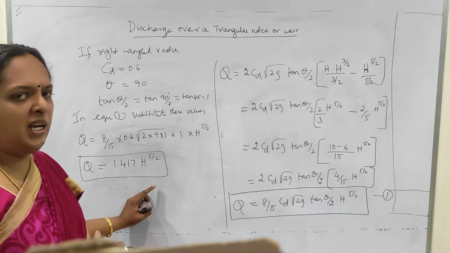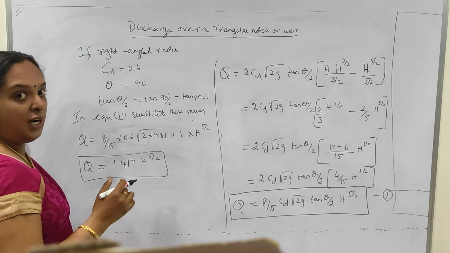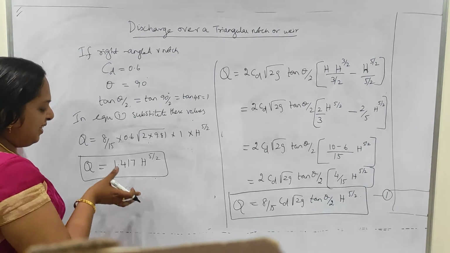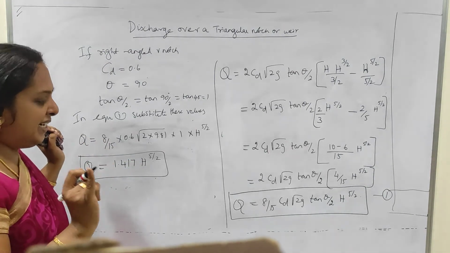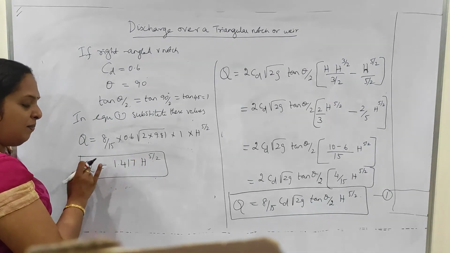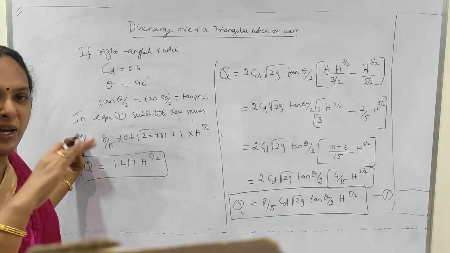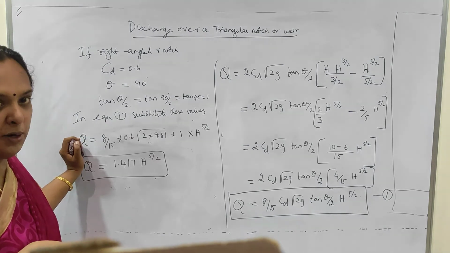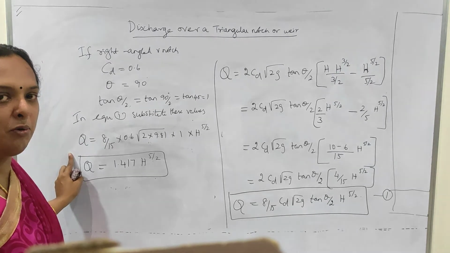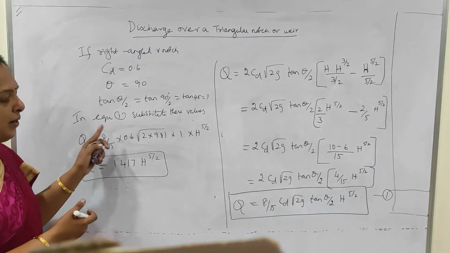So what is the difference between the triangular notch and rectangular notch, or what is the superiority of the triangular notch? Why do we have to go with the triangular notch? When you see this equation, you will be able to say first, this equation is very simple. And second, only if we know the value of h, we will be able to find the discharge. There is also no restriction for the cover in the case of the triangular notch. And this triangular notch is very easy. We will be able to find the discharge very quickly as well as very easily, especially in the case of a right angle triangle, a right angle V notch.